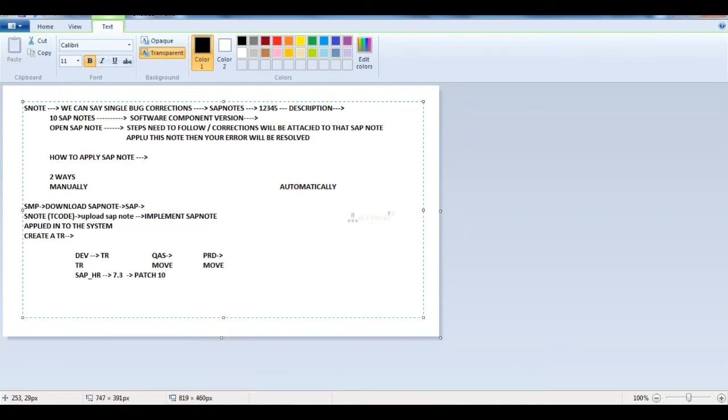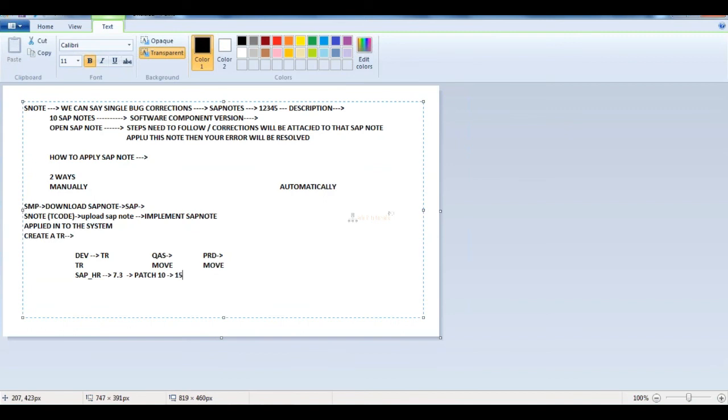Okay, so in some SAP Note, I got information that you need to apply SAP HR 7.3 release patch 11. Then what do we need to do? We need to go to Service Marketplace and download the SAP HR component 7.3 release patch level 11.